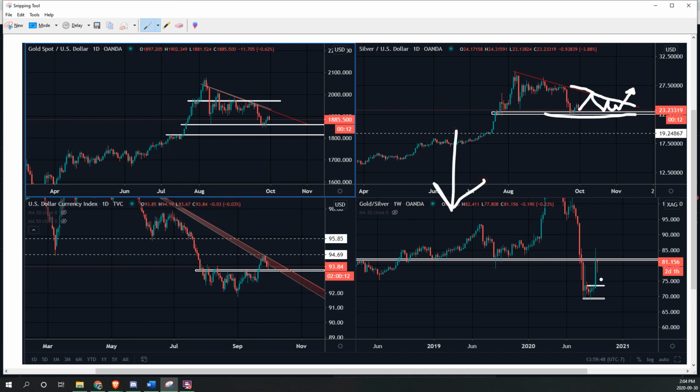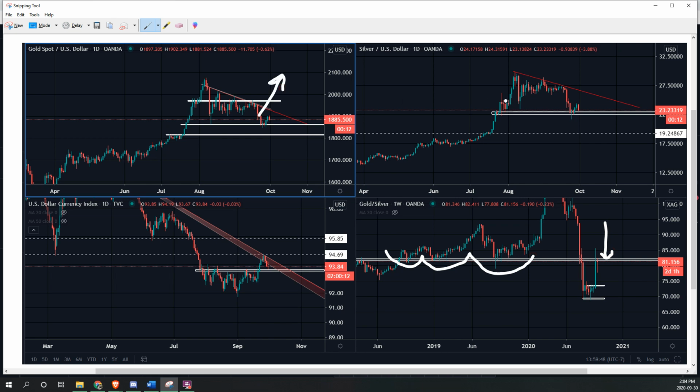So this just represents how many ounces of silver you can get for 1 ounce of gold, and we can currently see that it is around 81 ounces of silver for 1 ounce of gold. So this zone has been a key level of support, which is right now turning into a new level of resistance. So if we are expecting both gold and silver to move up, because this is a metals bull market,